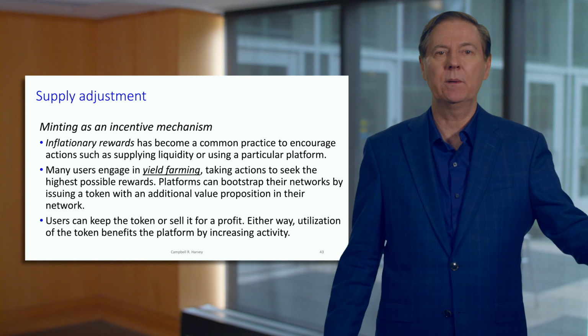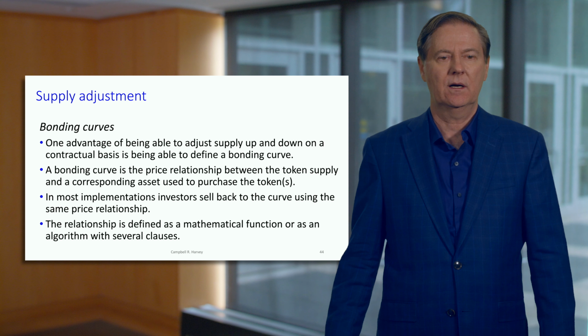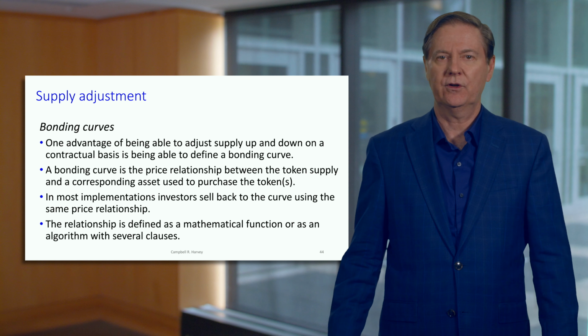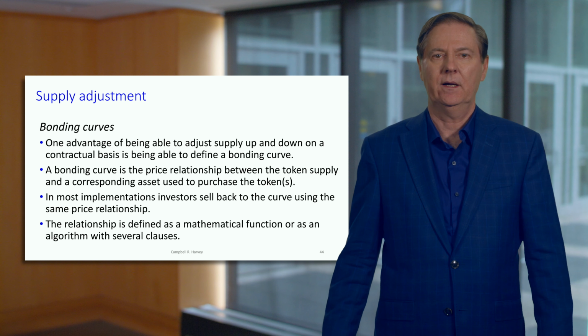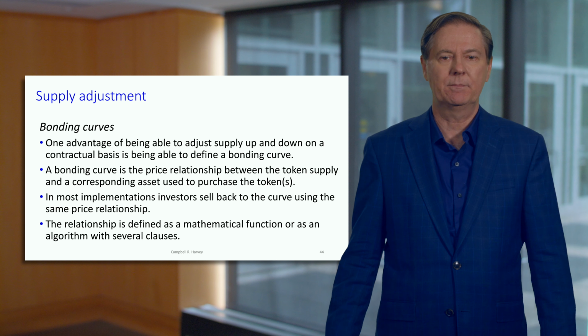Okay, so next we need to talk about bonding curves. A bonding curve is basically an algorithmic representation of a pricing relationship. So you can buy off the curve and sell to the curve. This is just a mathematical function, and I'm going to go through plenty of examples. This is important stuff in terms of how supply actually works.